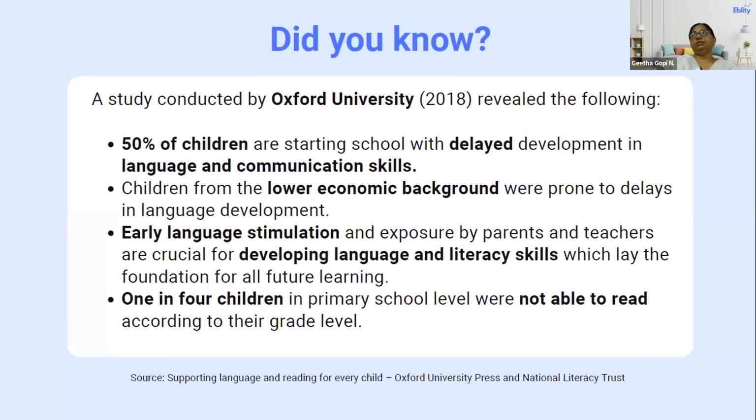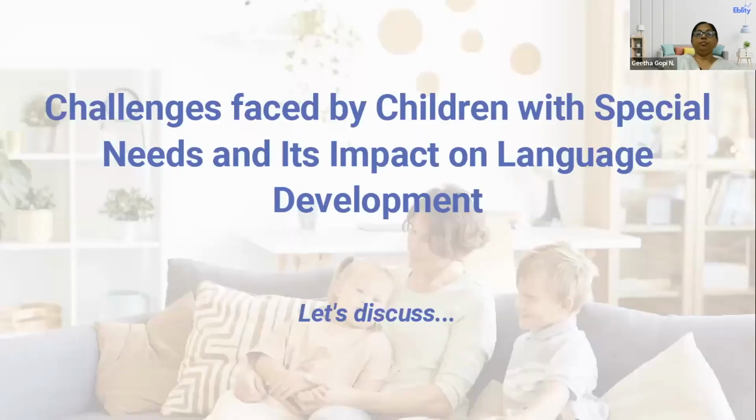And the research study also touched upon that at least 25% of students at the primary school level were not able to read according to their grade level and probably had a history of delayed or inadequate language and communication skill development. So, having understood what normal child development, or a neurotypical child's speech and language level, looks like, and how important it is in the process of overall child development,